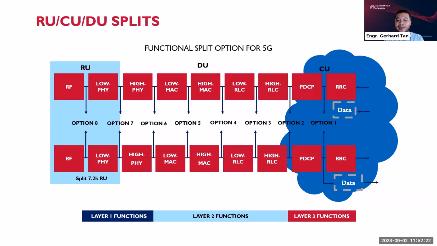Ito yung nagiging complicated na siya. Kasi each split has corresponding processing functionalities or capabilities. And it depends on how you select what kind of split you're gonna implement. Okay, either split 8 or split 7. There are pros and cons. So the layer 1, 2, and 3 functional split in that 5G systems architecture for an Open RAN, they are subdivided into layer 1, the physical layer, layer 2, data link, and of course, layer 3 as your network layer. So, by separating across multiple layers, this layer 1, 2, and 3 functional split,